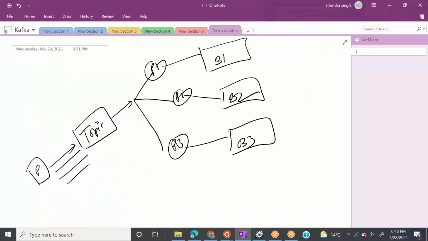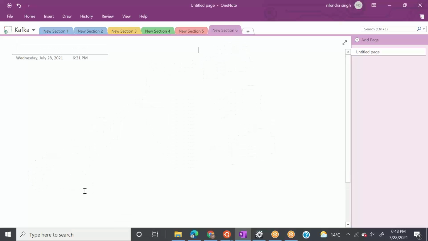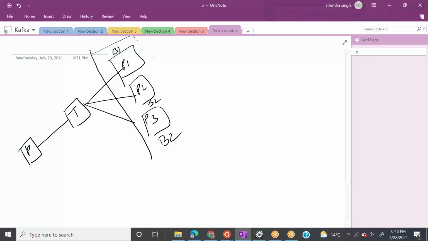Let me recap before I jump ahead. We have a producer, then we have a topic in between. This topic is divided into multiple partitions, P1, P2, P3. These partitions are inside B1, B2, B3, which are called your Kafka cluster.